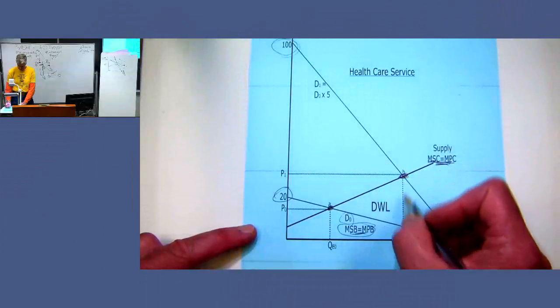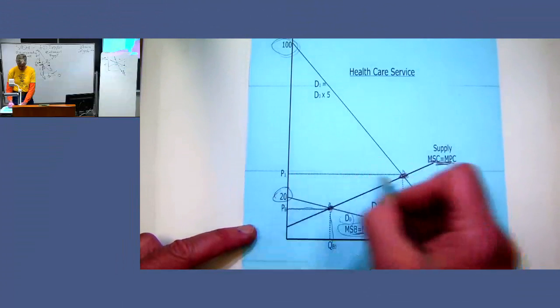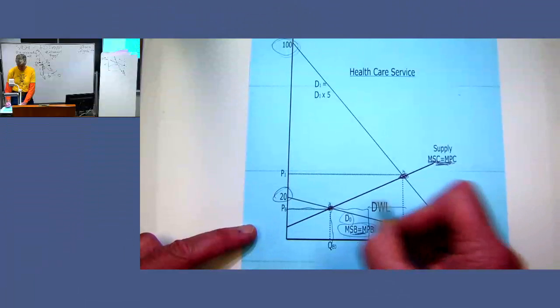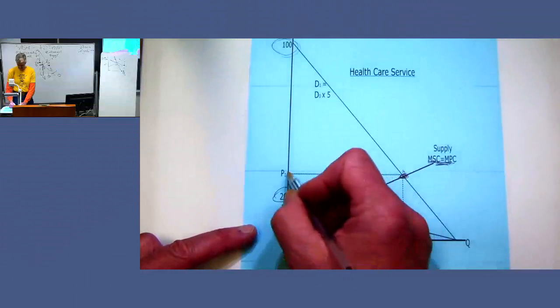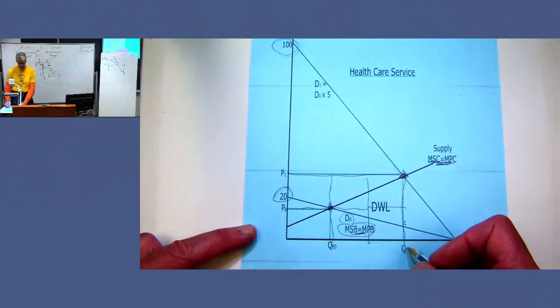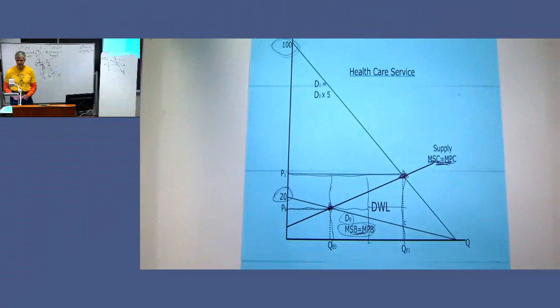The new price times quantity is a lot more than the old price times quantity. What is it, about 6 times more? So this box, you get about 6 of those in this bigger box. So the third-party payment promise has caused the spending on this good, a combination of the 20% from you and the 80% from the third party, to increase from P0 times Q0 to P1 times Q1. If that's unacceptable from a budgetary standpoint, then we have,